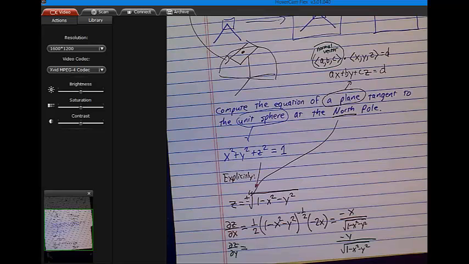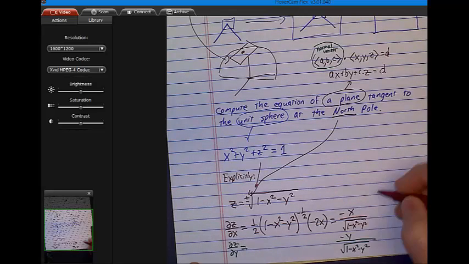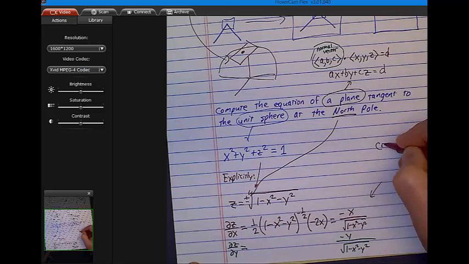Okay. And we did this on the group work last week. We said let's find a critical value. And a critical value was either where these partials both equal what? 0, or where either partial was undefined. So let me write that next. Critical values